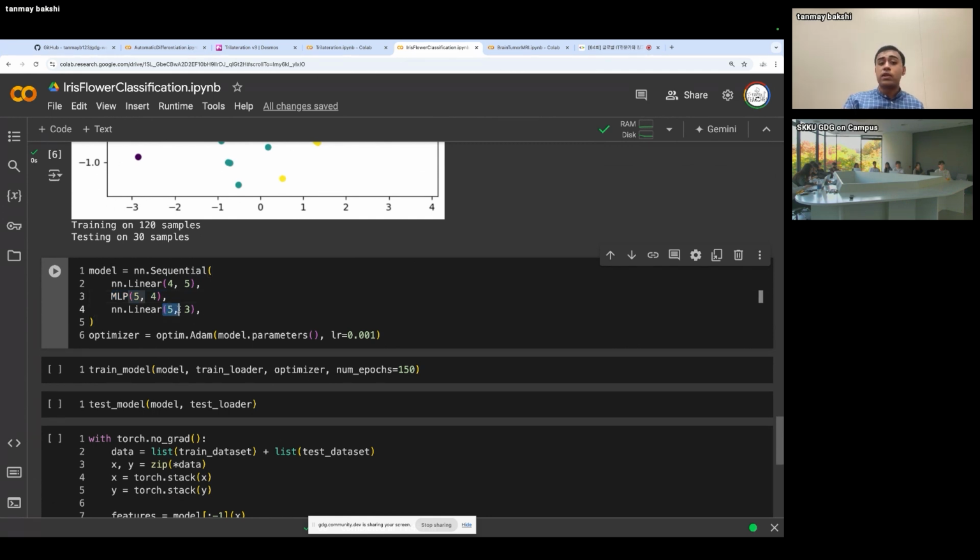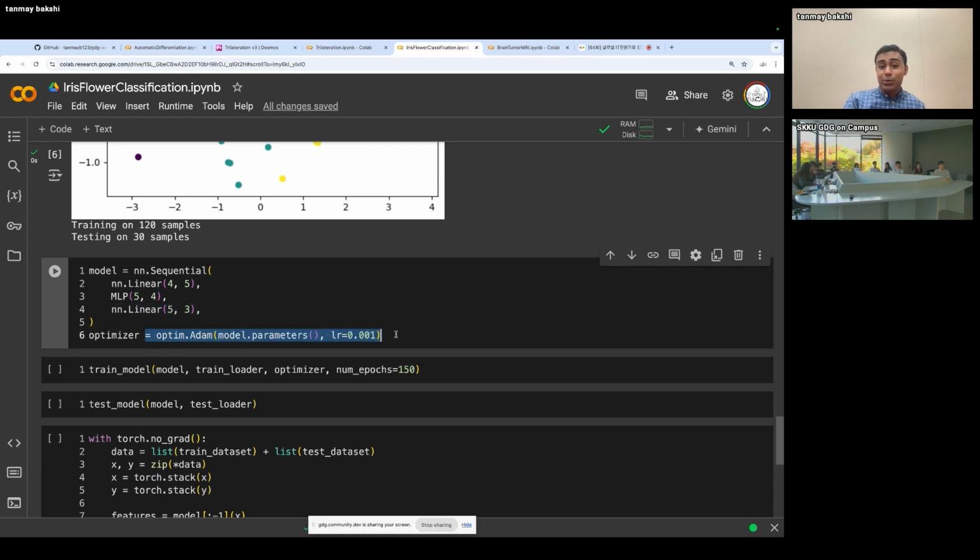And then from 5 dimensions, we go into 3 dimensions. These 3 dimensions represent the probabilities of the 3 different kinds of iris flower. And the hope is that if we can optimize this model end to end to go from the 4 measurements to the 3 probabilities, then internally it will figure out what the numbers need to be for all the different parameters in the model in order to transform those measurements into species probabilities. And the way that it'll do it is by making the data linearly separable at this particular layer.